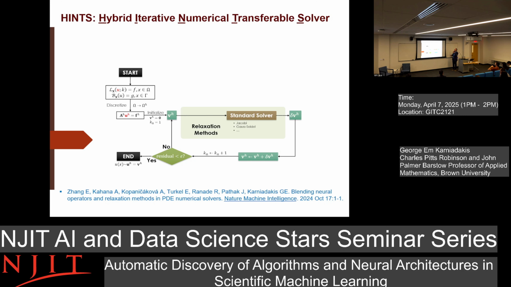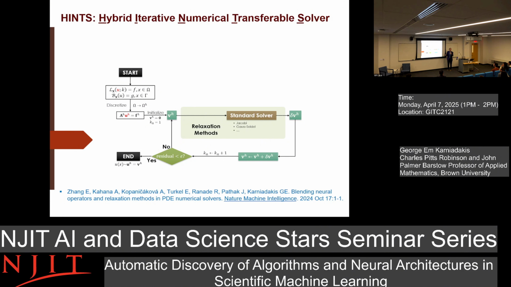Now, this was a sort of background material to get to the point where I want to develop a new algorithm. So the classical Jacobi algorithm that I told you before is this one here. I want to solve the system, Au equals F. I initialize, I find a correction, I update with a correction, I check my residual. If it's small, I'm done. If not, keep repeating this. And it takes many, many iterations because, as I said, initially the algorithm converges very fast because it smooths the high frequencies, and then it stalls at low frequencies, cannot do anything.